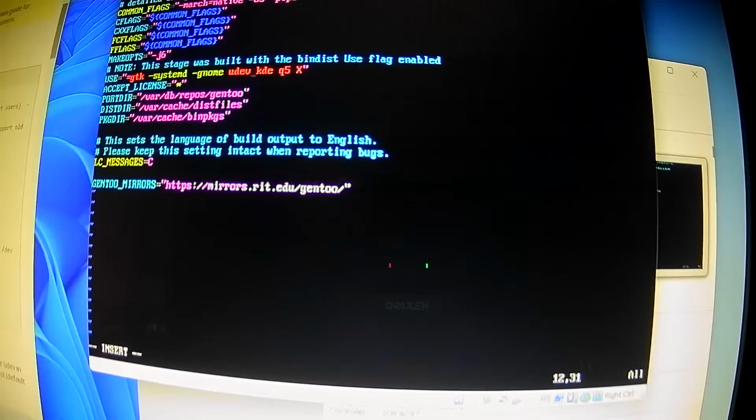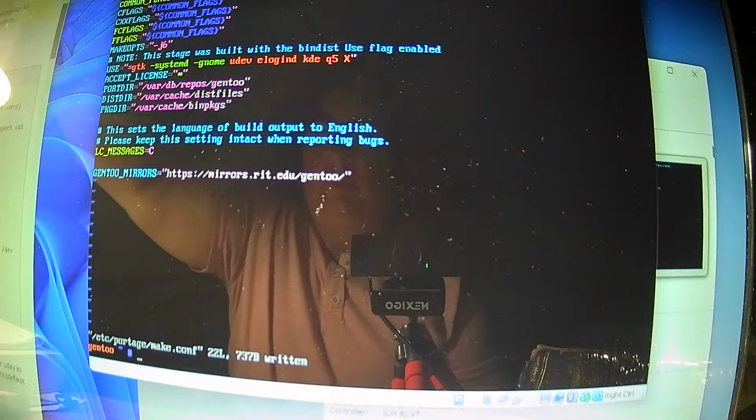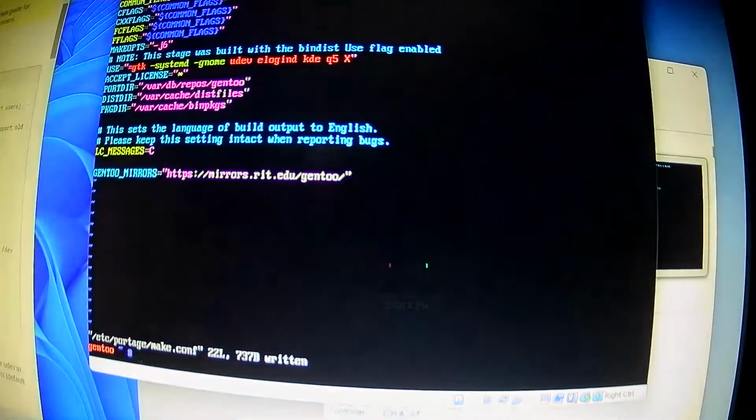Udev. Okay. Another thing is elogind, and there's other things too, but we'll just do those two first. Okay, so now that that's ready,